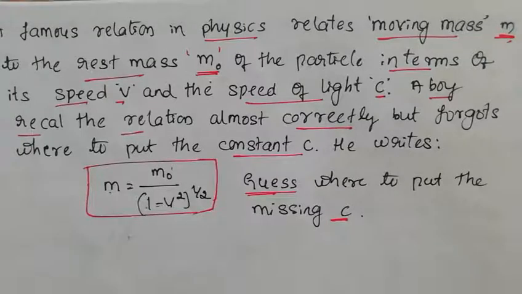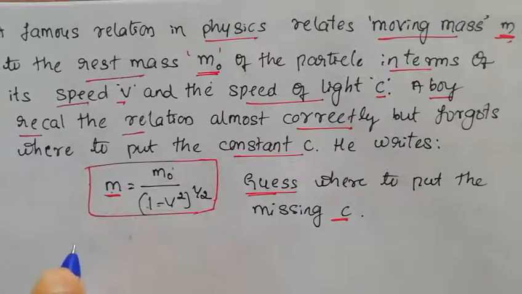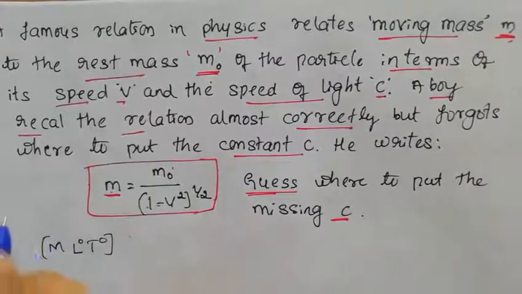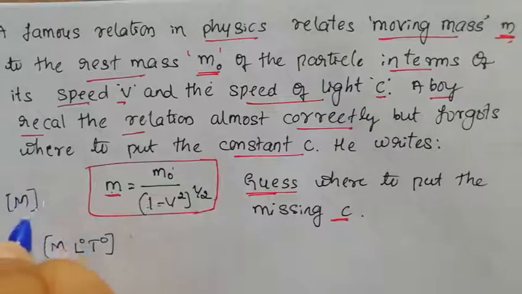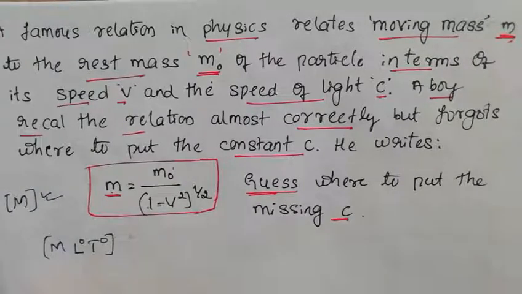Now we can use the dimensional method and simplify it in an easy way, because the dimensions on the left side and right side must be the same, right? According to the principle of homogeneity. On the left side there is mass. If I write the dimensional formula for mass, I get L power 0, M power 1 and T power 0, or simply I can write M. So on the right hand side also, I should get just M.